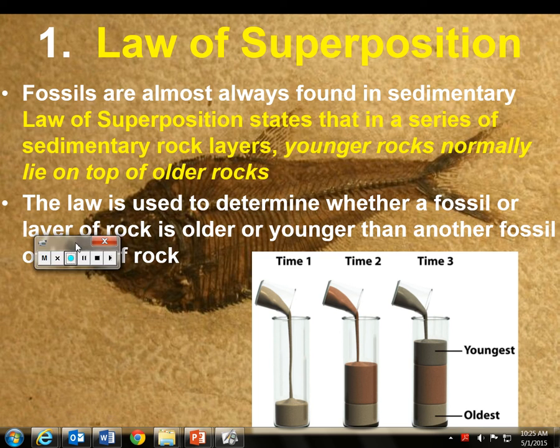Okay, first thing, number 1, that should be yellow. It's called the law of superposition. Fossils, remember, are almost always found in sedimentary rock. Very rarely are they found in igneous or metamorphic. The law of superposition states that in a series of sedimentary rock layers, the younger rocks normally lie on top of the older